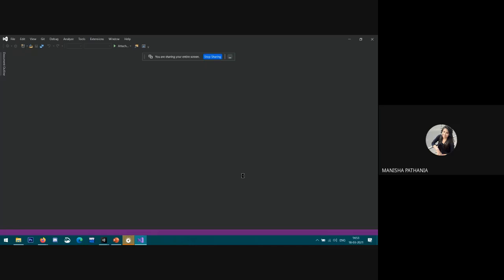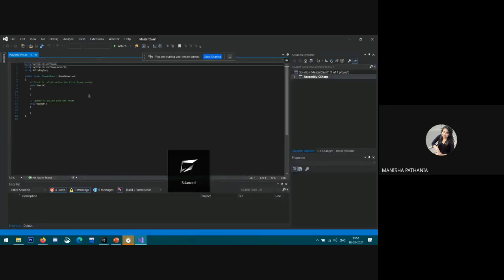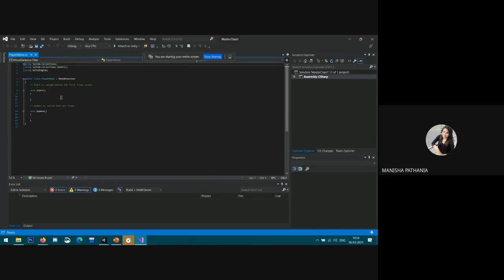Now we create a script, new script. Yeah, so it's open now. So now I have to write a script for the player movement.